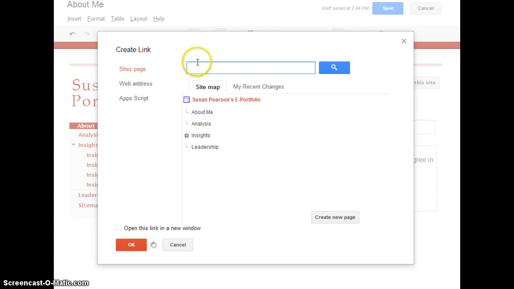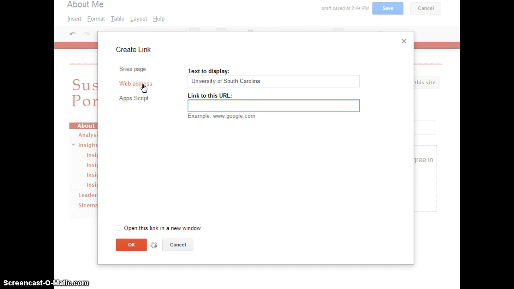Okay, it takes me first to the site pages. I could make the link to one of my pages, but I don't want to. I want to make it to a web address, so I'm going to stick it there. The text to display is University of South Carolina because I had it highlighted, and I'm going to type in the link, which is